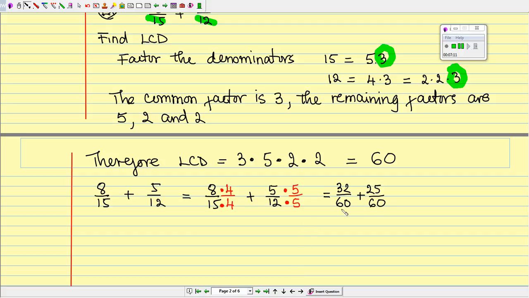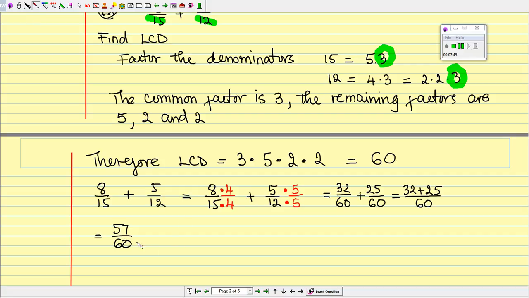Now we can see that these two fractions have common denominators. Then we go ahead and add the numerators only. So 32 plus 25. And just copy the denominator. So that will give me 57